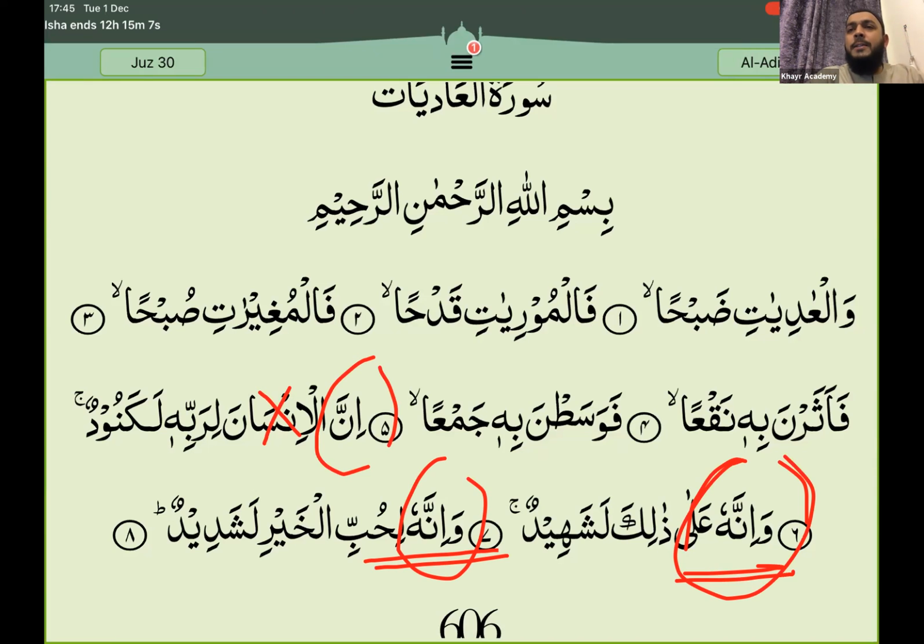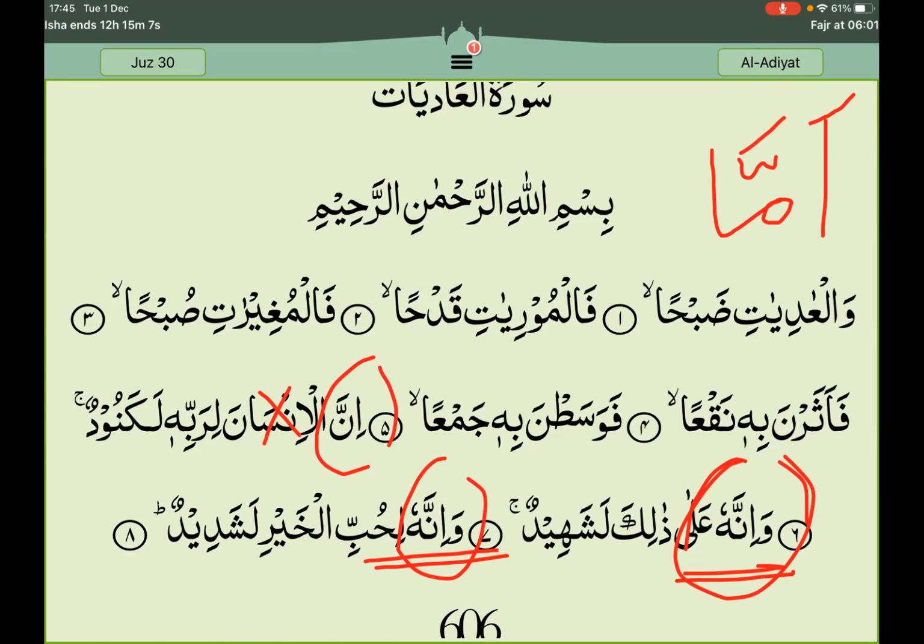The example of mim is like: فأما اليتيم فلا تقهر وأما السائل فلا تنهر وأما بنعمة ربك فحدث. If everyone can give me a moment, let me take a picture of that surah.